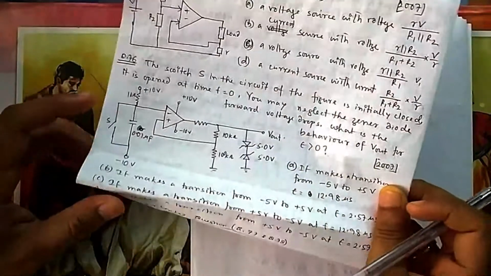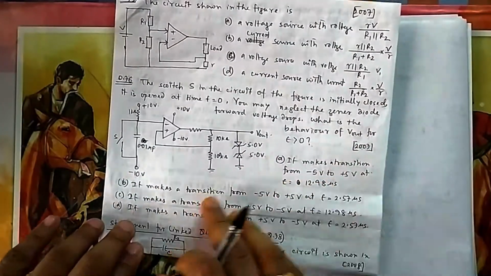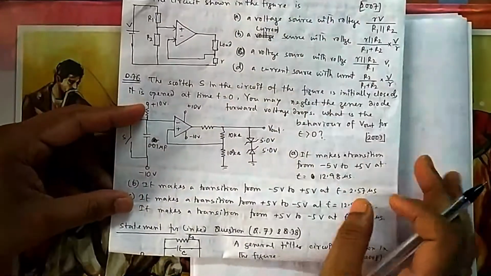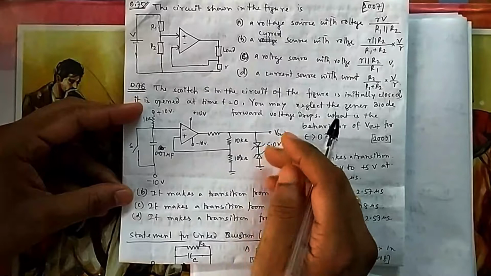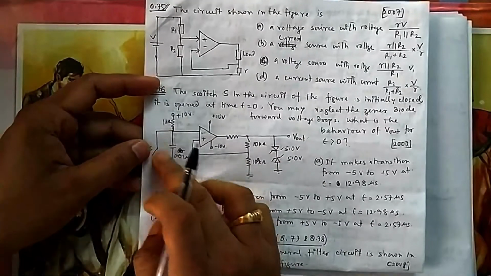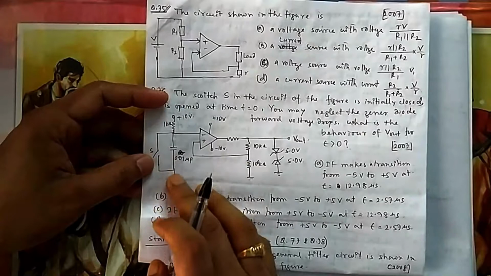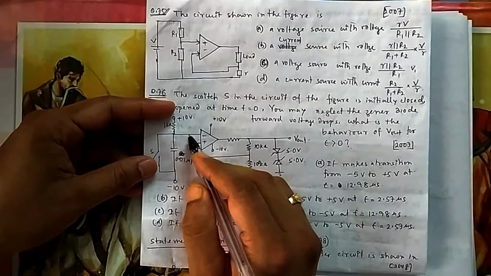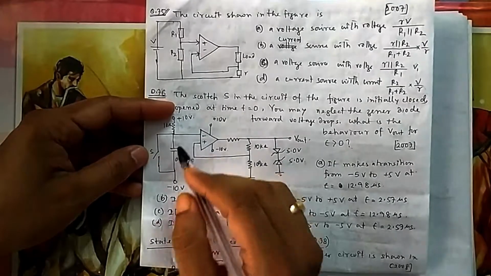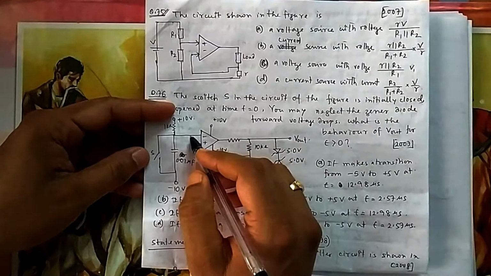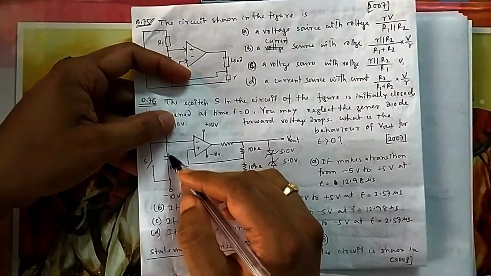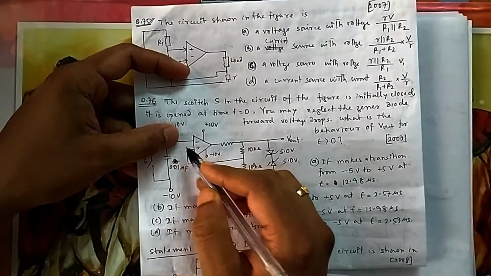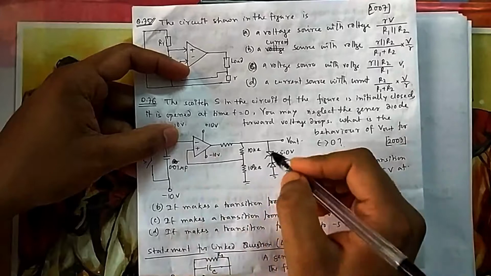Now what they are asking is when it will make the transition from minus 5 to plus 5, and plus 5 to minus 5. For that, let us consider that initially the capacitor has no charge because it is shorted. When you open it, it starts charging. Once it starts, the voltage builds up at these points, because once a capacitor gets charged, it is charged plus and minus, so this voltage will build up. At some time it will cross this voltage, then the switching will occur.